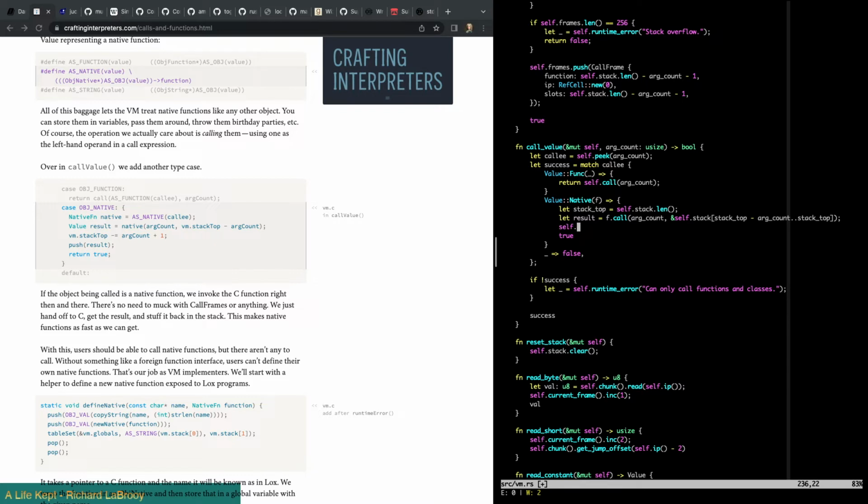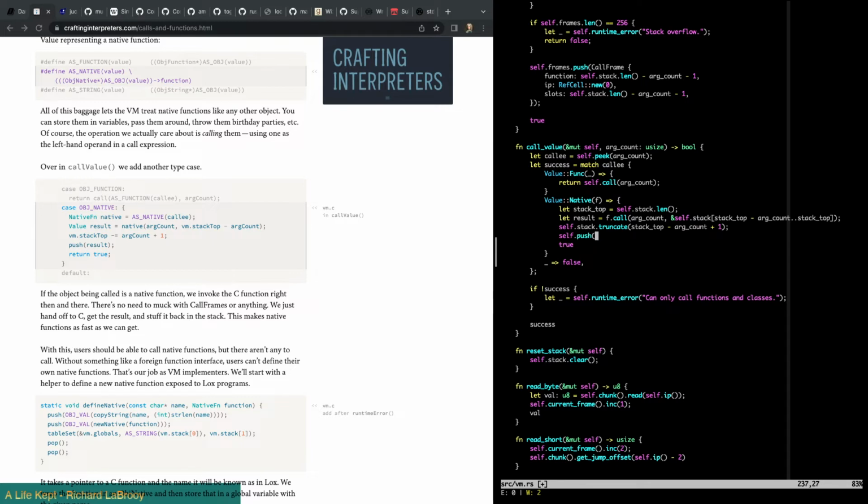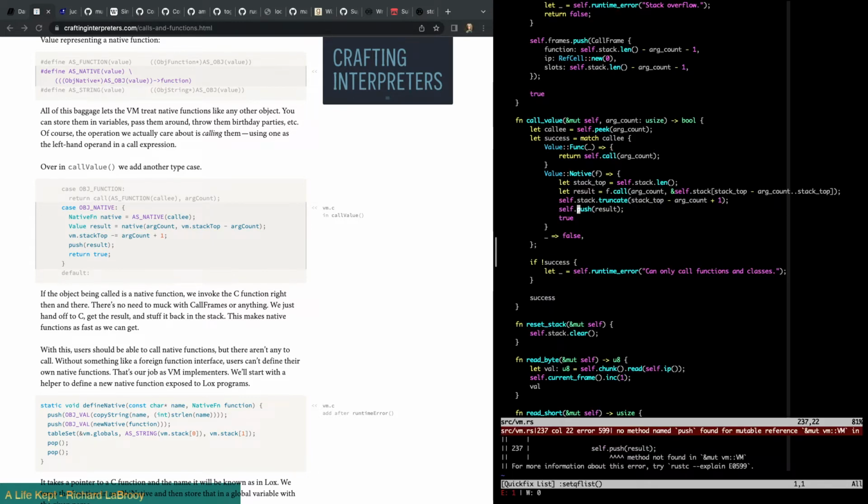And so we'll do self stack truncate stack top minus arg count plus 1, I guess. I'm just following this here. And then push result. No, that doesn't work. Method not found. Oh, stealth stack push.